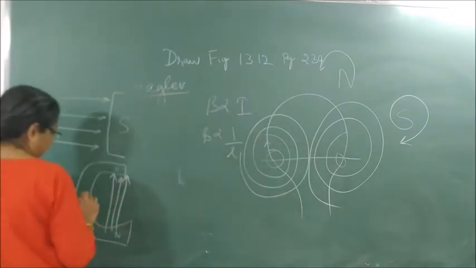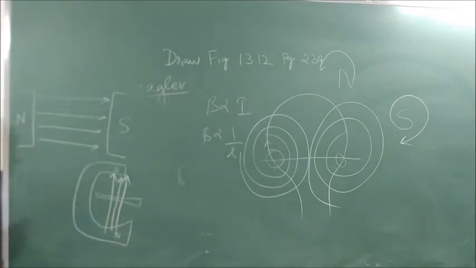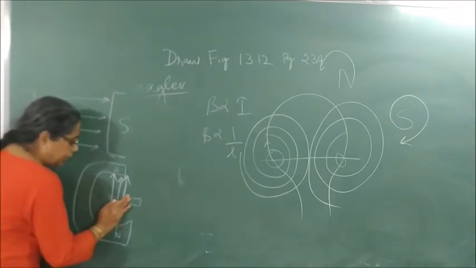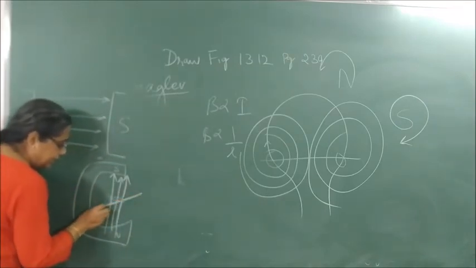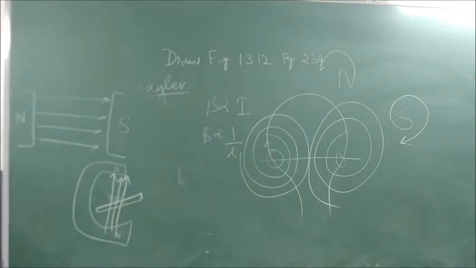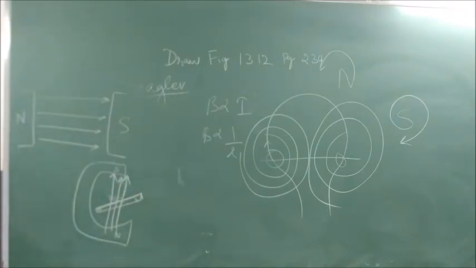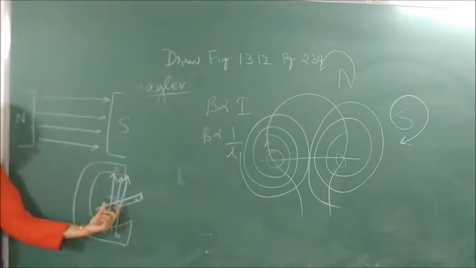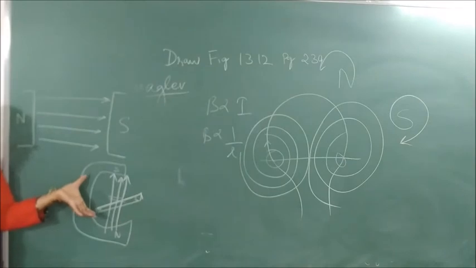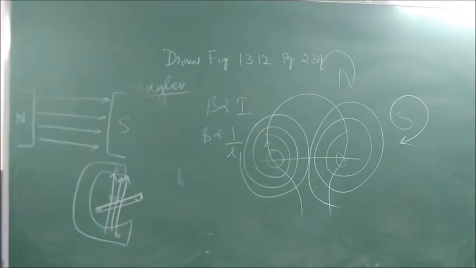Now, this current carrying conductor shouldn't be held like this. Exact perpendicular, how it should be put? It should be always put in an inclined manner. Okay, so this current carrying conductor also has got what? It behaves like a magnet according to Oersted, and it also has what pole? North and south pole. So when it is placed near a horseshoe magnet, this is a chota magnet. This is a very powerful magnet, horseshoe magnet. So this small conductor will what? It will experience a force.